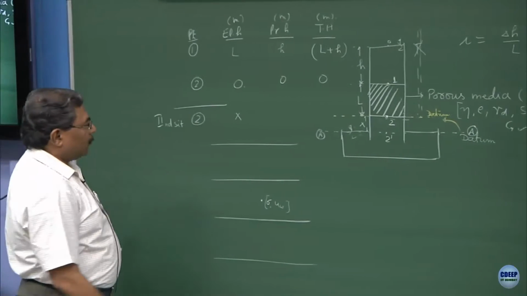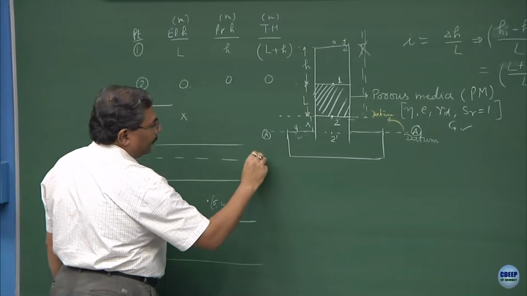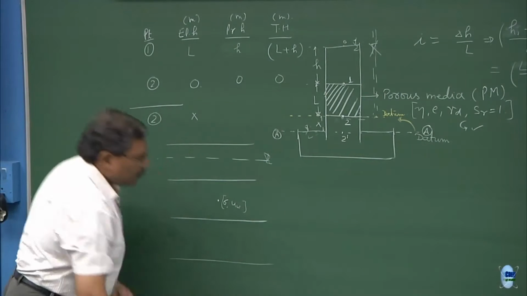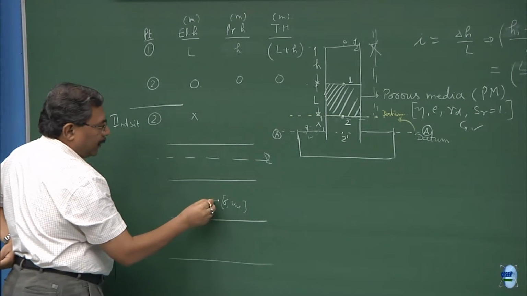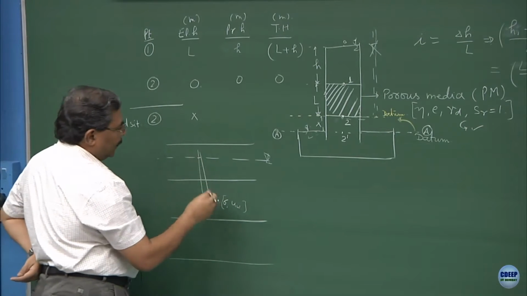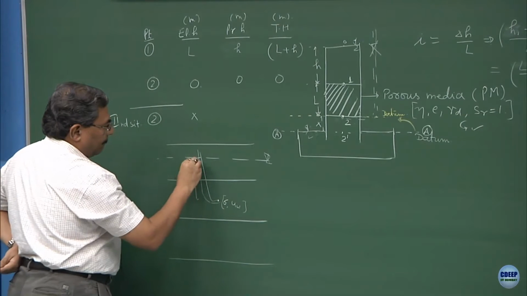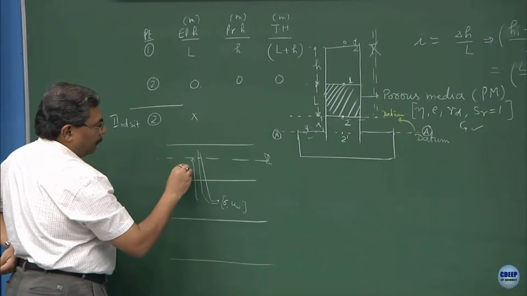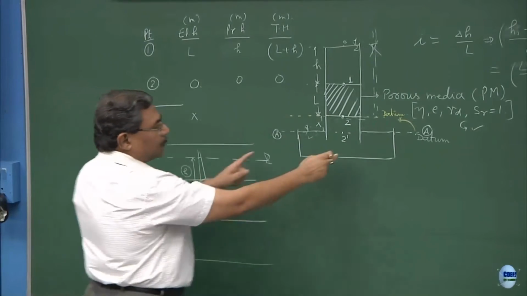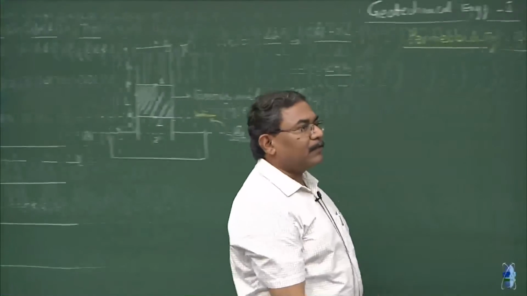Clear? And suppose the water table is up here. Now, in this case I can install a piezometric tube over here, and this is what is going to rise up to this point, and hence the head is going to be this much. So, what is the difference between this situation and this situation? Anybody in the class?